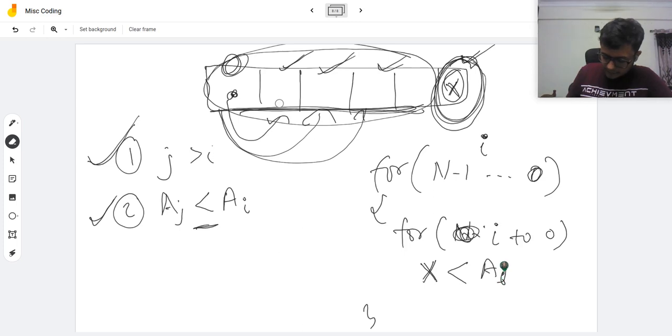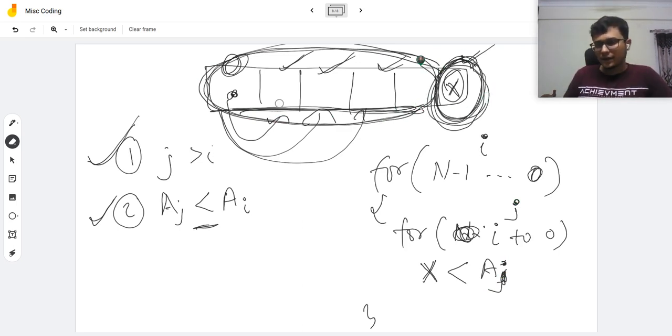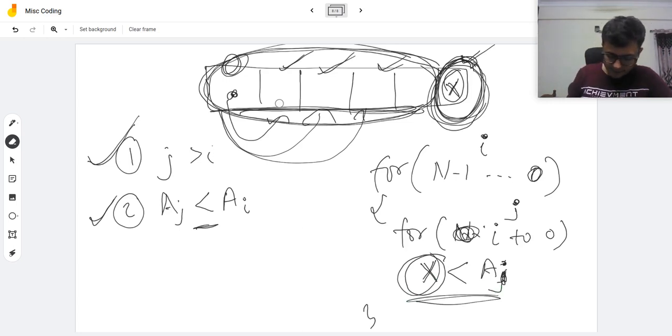Okay, in our case, because this loop is using j as the looping variable, it should be a of j here. So essentially the thing is simple. We need to find a friend who is towards the left of this person, and is having a number which is actually greater than x, right? If that condition is met, then we can say this is true, so he can take the candy from that person.